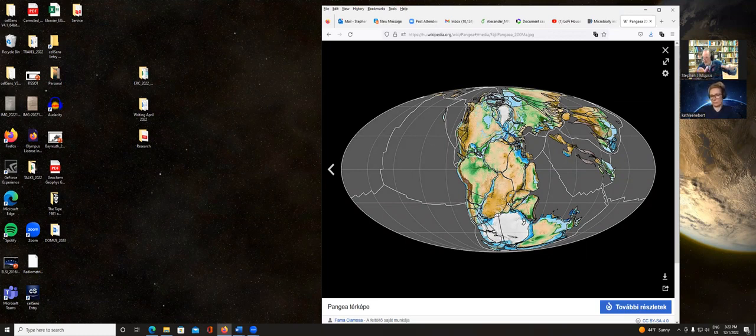Ice would build up there, ocean levels would drop, but then plate tectonics would continue and Pangea would move away. The ice would melt, sea levels would rise. So you have this exposure of land and then flooding of land, and the forests that resided in these coastal areas would become flooded, covered with sediment. And by the way, this leads to our great coal deposits. So Pangea